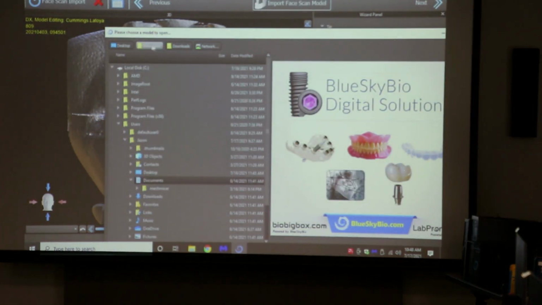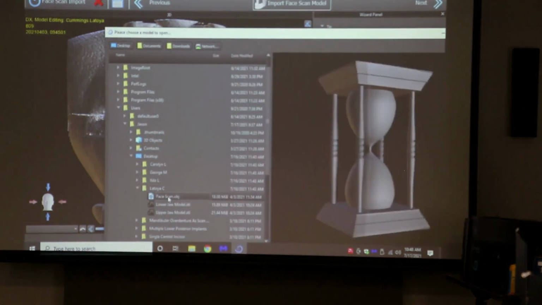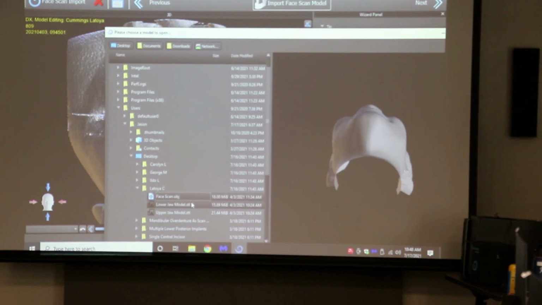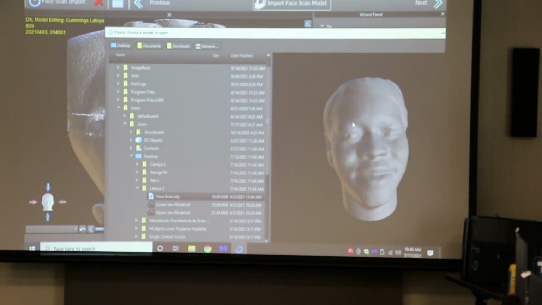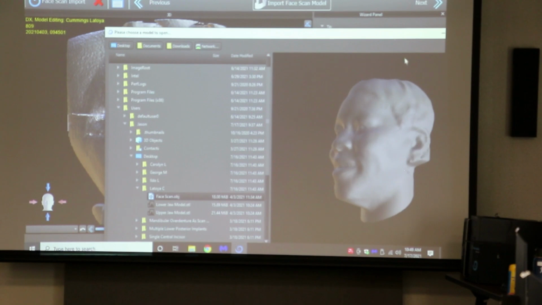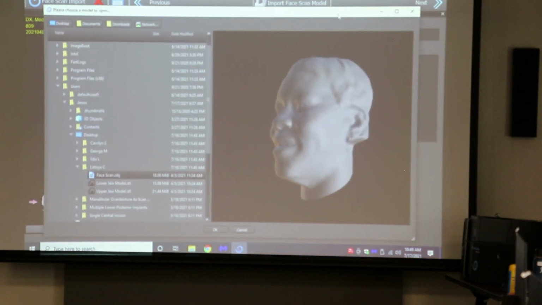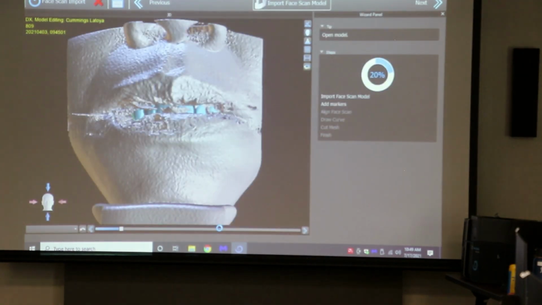Now we're going to go find our scan. Go to the desktop, Latoya, and you should see Face Scan OBJ. When I click it, it's going to show her face over here. Now what we have to watch here is, do you see how this is black and white? Let's keep an eye on that and see if it remains black and white. Sometimes, if it's not showing the color version, it's because the file has not been unzipped, but I think this is just giving us a preview. So when we click OK,